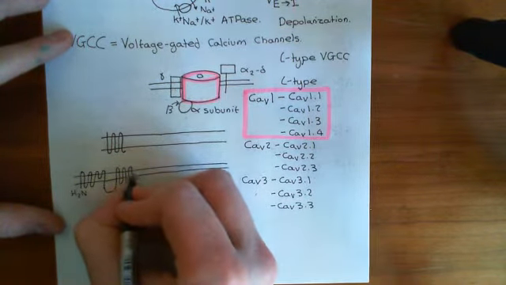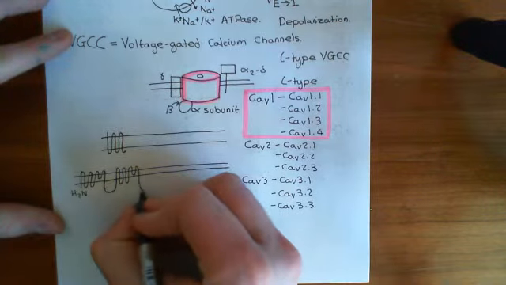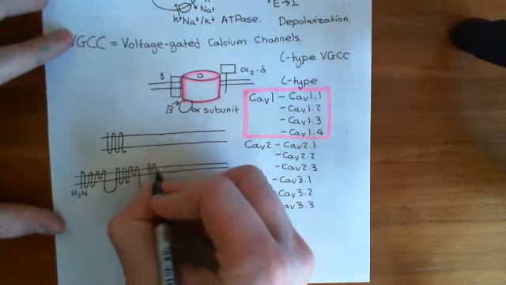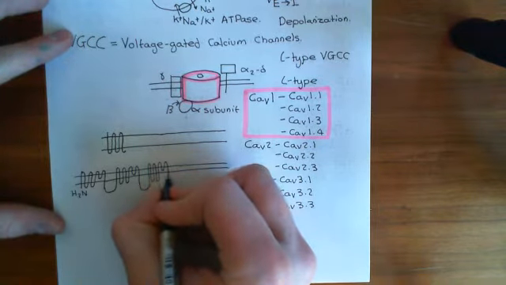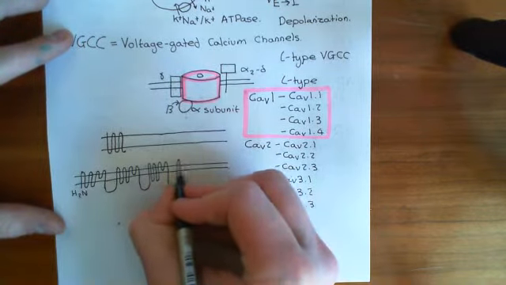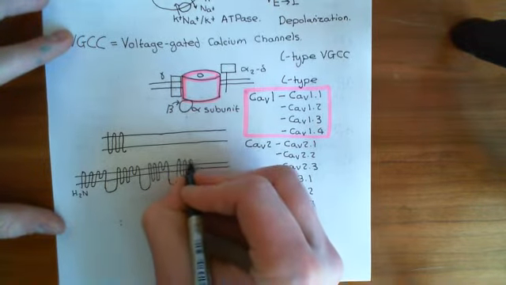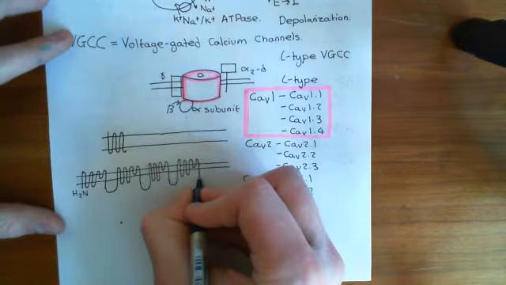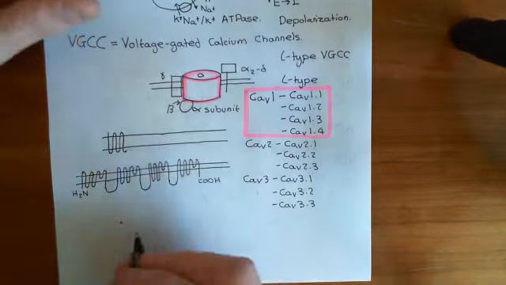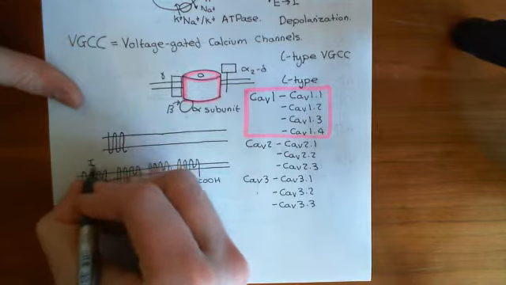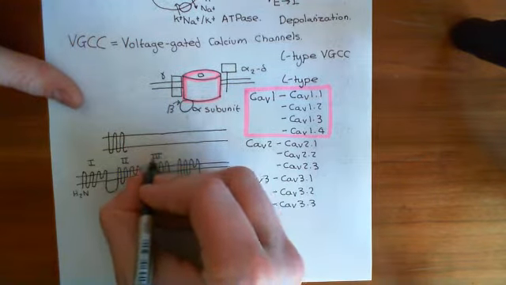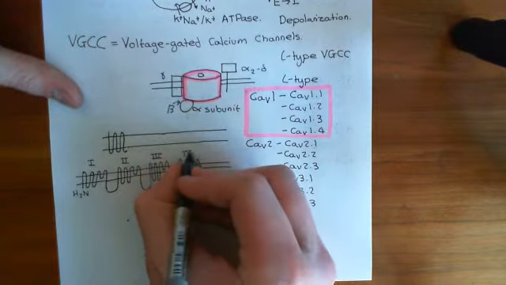So 5 membrane-spanning alpha helices, a p-loop, that's domain 2 complete. Then we have domain 3: 5 membrane-spanning alpha helices, a p-loop, a final membrane-spanning alpha helix. And then we have domain 4. Okay, so that now concludes our structure of the alpha subunits. You have domain 1 here, domain 2 here, domain 3 here, and domain 4 here, and they're basically repeats of